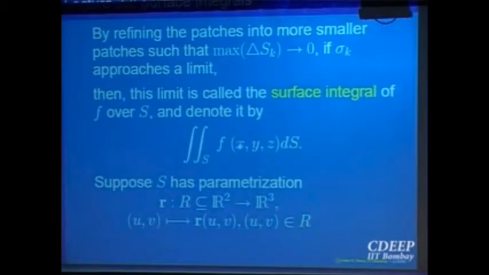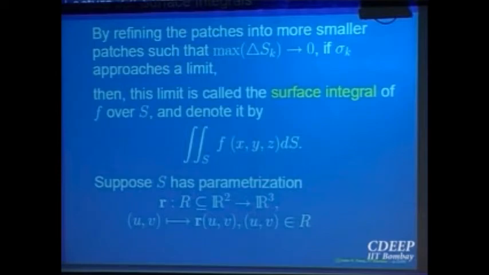So essentially the idea is, if this integral is going to make sense, I should replace dS, right? dS should be replaced by something more computable. And surface area we have just computed. Surface area was equal to the integral of the function norm of r_u cross r_v times du dv. So you can treat that as dS equals norm of r_u cross r_v du dv. That can be proved rigorously; this is only the intuitive way of looking at it.